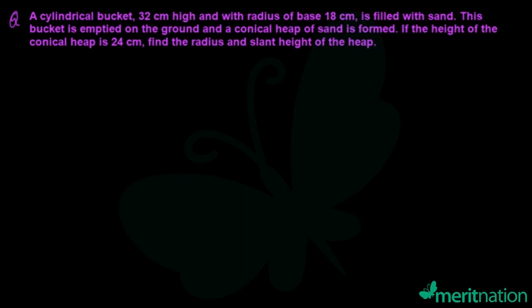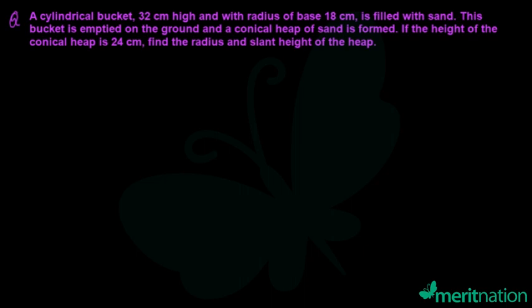Hi guys, in the given question it's been said that there is a cylindrical bucket. The dimensions are given to us. The bucket is filled with sand. This bucket is emptied on the ground and a conical heap of sand is formed. If the height of the conical heap is 24 centimeters, we have to find the radius and the slant height